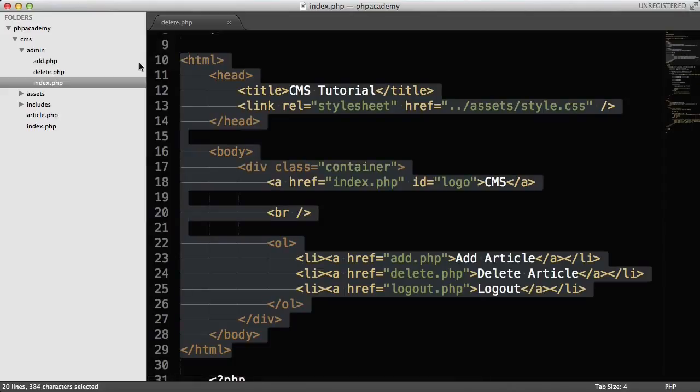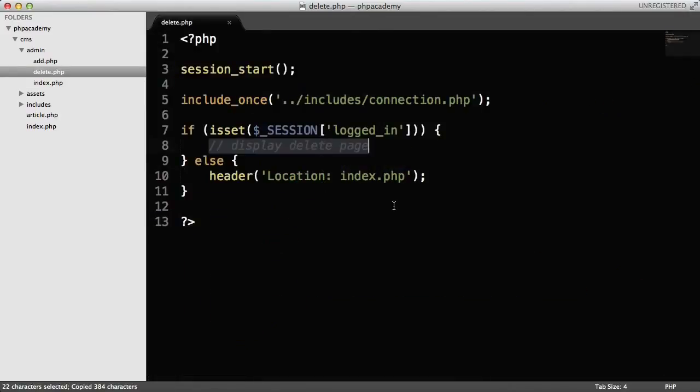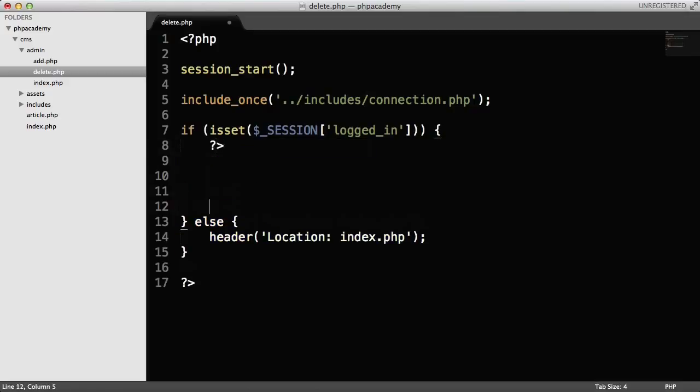And the way we're going to do this is we will display some sort of drop down listing all our article titles, and when the user selects an option it will automatically submit a form using JavaScript. So that, yep. Now we're going to paste our template in,